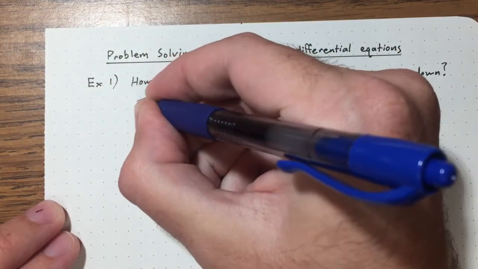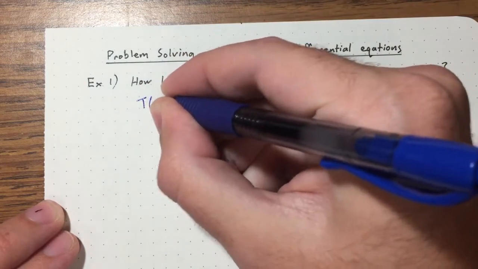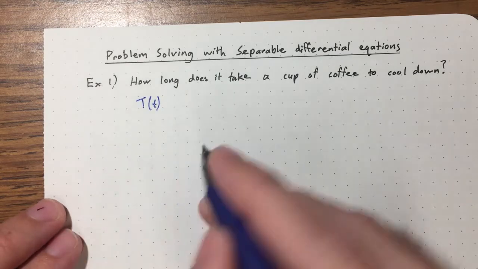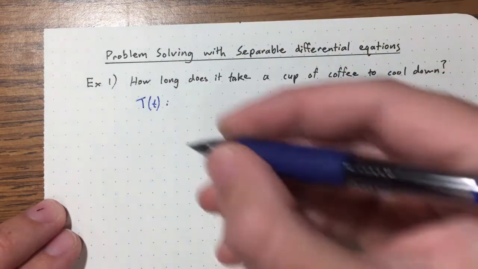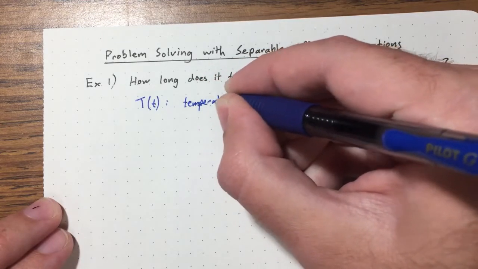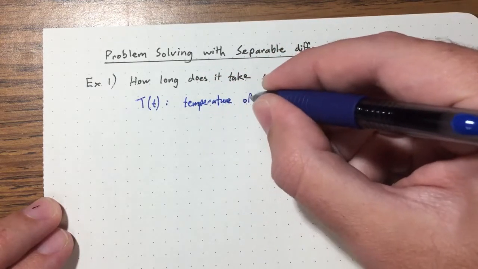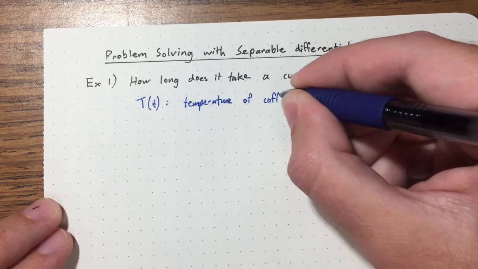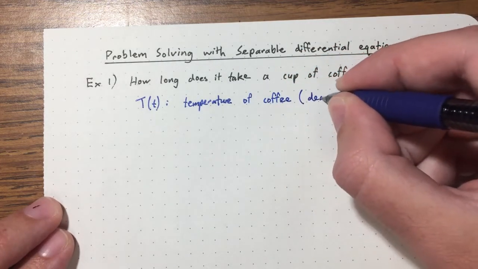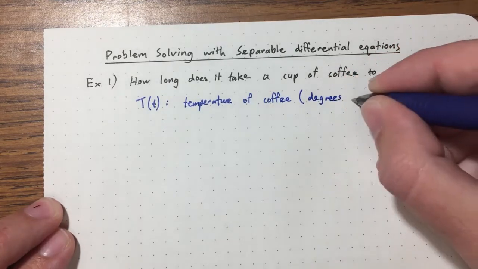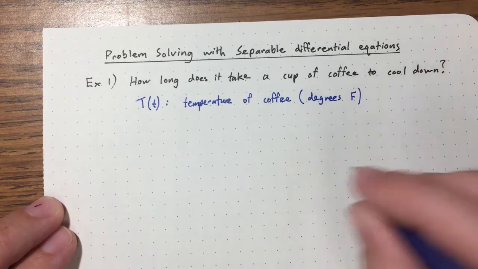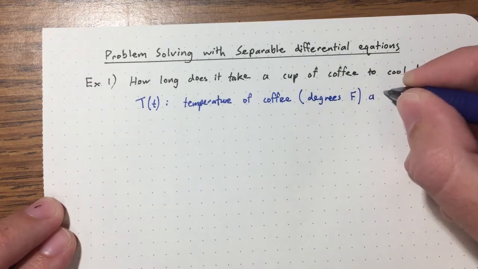Let's define a function, capital T of t. It's going to be a little bit confusing having capital T and little t. So capital T will be temperature, little t will be time. So this will be the temperature of the coffee. And it will be measured in degrees Fahrenheit, just because this thermometer measures in degrees Fahrenheit. So degrees Fahrenheit, and it'll be at time t,